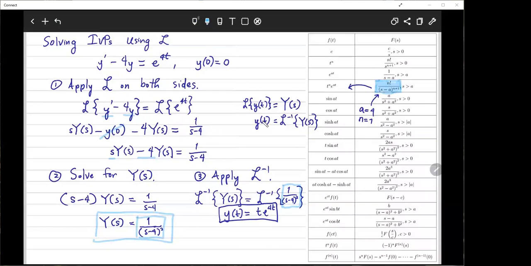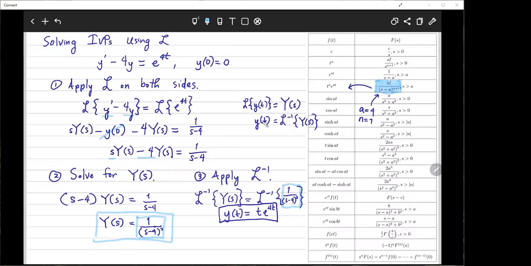So yung expression natin for Y of s is always a rational function in s. Now, there will be cases na komplikadong rational function yung makukuha natin sa right-hand side and hindi natin siya mahahanap dito sa table na to. So if that is the case, kailangan nating